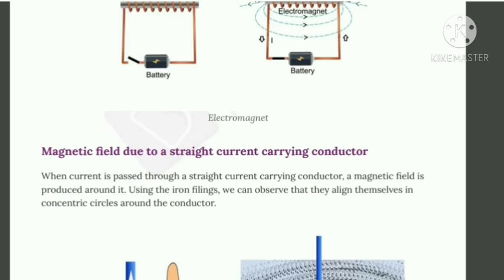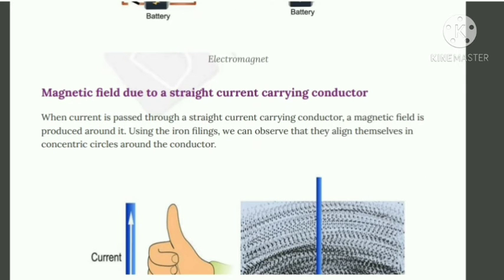Magnetic field line patterns in three cases. First, if we take a conductor in a straight line; second, if we take a circular loop of conductor; and third, a solenoid. In these three cases, how will the magnetic field pattern be? From these, first we will take the straight line conductor. So, the magnetic field due to a straight conductor carrying